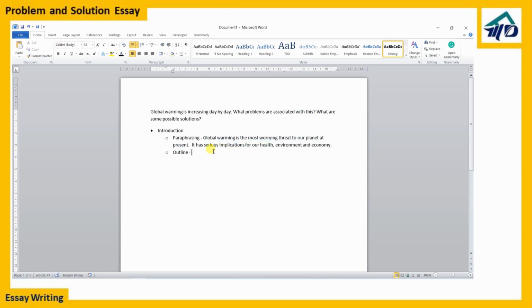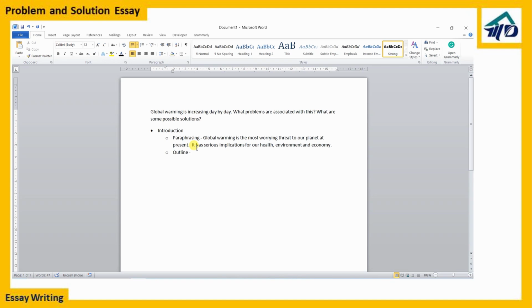Now coming to your outline. I have shown you, I think, four or five different templates. This essay will discuss the causes and effects, right? That was the first one. Then, firstly, this essay will discuss causes such as X, Y, Z, and then its effects on, let's say, people. In the same way, you go for the outline. So you write, this essay will discuss the problems caused by global warming, and then we'll talk about some possible solutions, or, and then we'll suggest some solutions to tackle this problem.